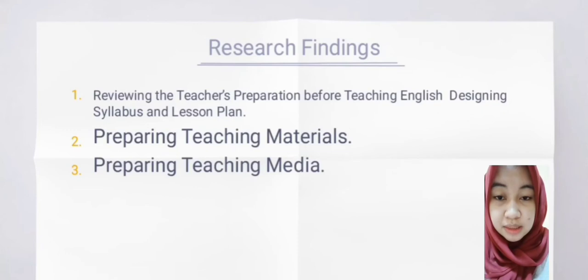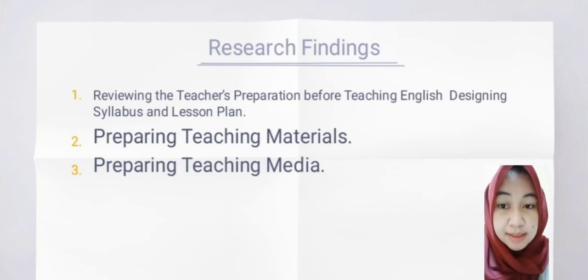Especially for teaching English, the syllabus and lesson plan design as well as the teaching material were based on both KTSP and the base curriculum. The lesson plans were designed for each class meeting for each semester, and the complete syllabus and lesson plan were submitted to the headmaster in advance for approval.